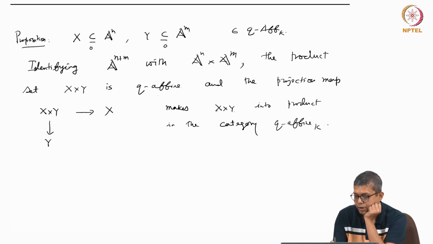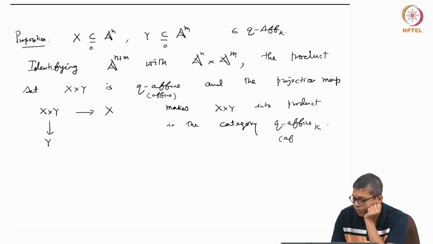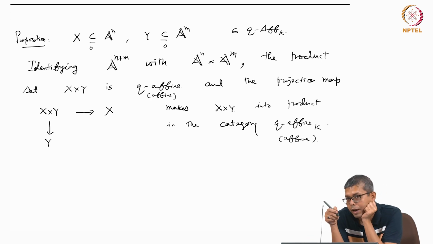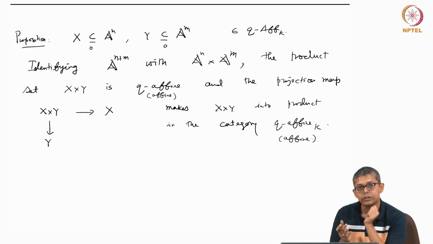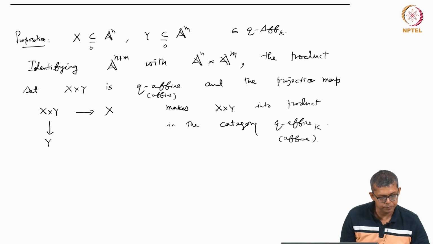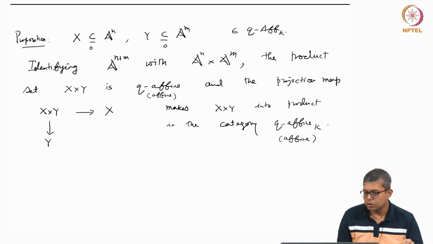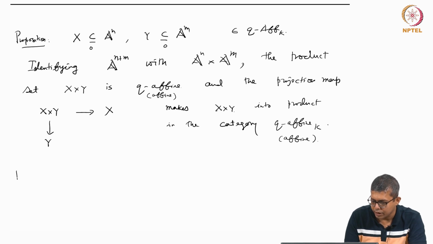The same is true for affine. So instead of quasi-affine, you just take affine and do it for affine. What we will do is first prove it for affine, and then we will conclude that it is also true for quasi-affine using it. So before that, the simplest affine space is, as I was saying,